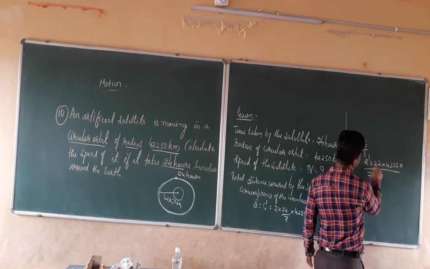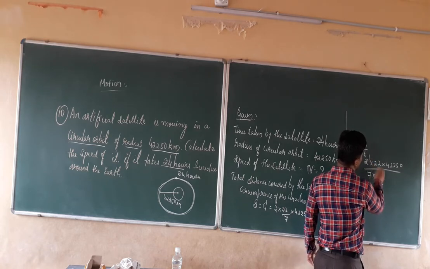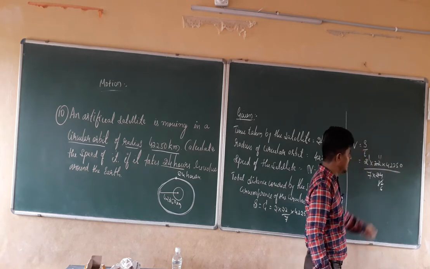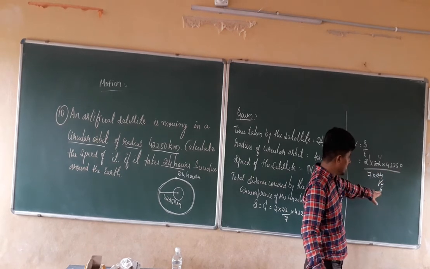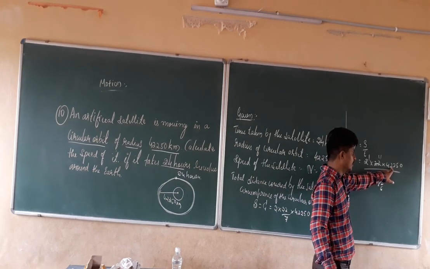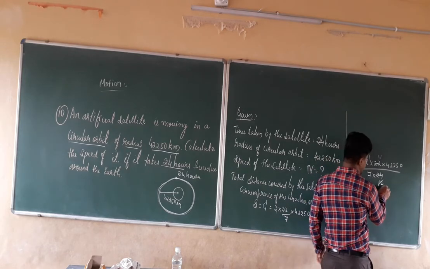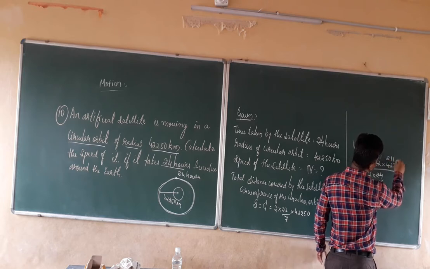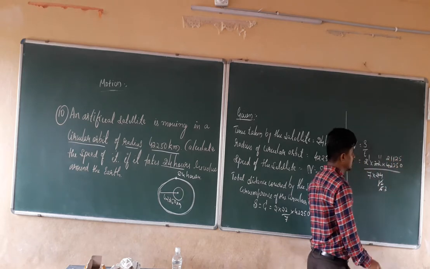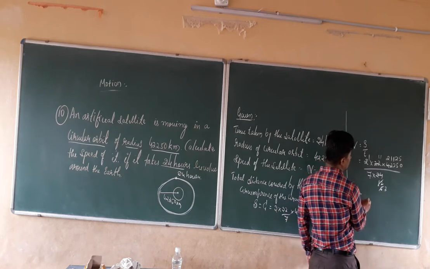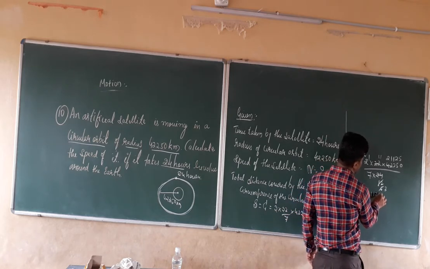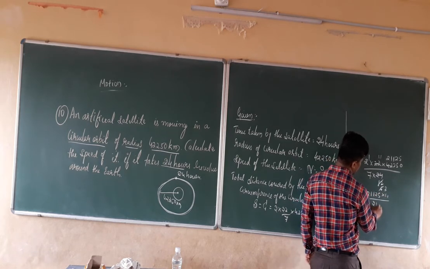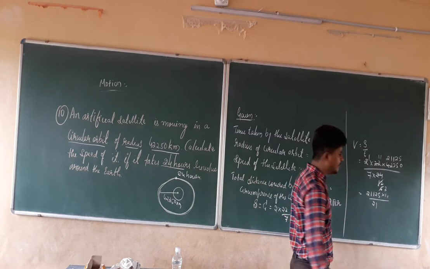So 2 ones are 2, 12s are 2 6s are 12, 2 11s are 22. It is going to be divisible by 6. If you check here, 6 ones are 6, 6 7s are 42, it is not possible. So we are going to divide it by 2 again. 2 3s are 6, 2 2s are 4, 2 1s are 2, 2 5s are 10. So that equals 21,125 into 11 divided by 21. We are going to multiply directly and divide by 21.